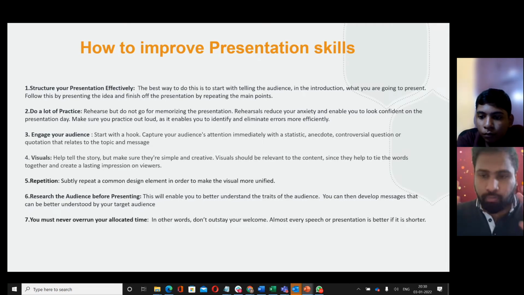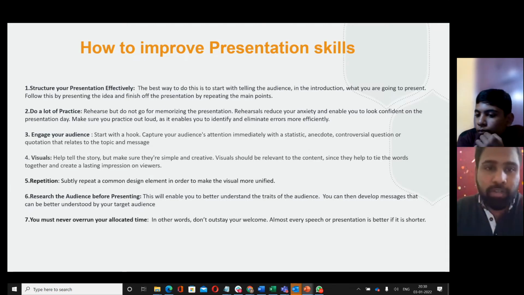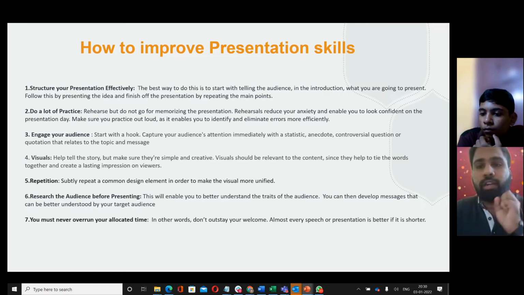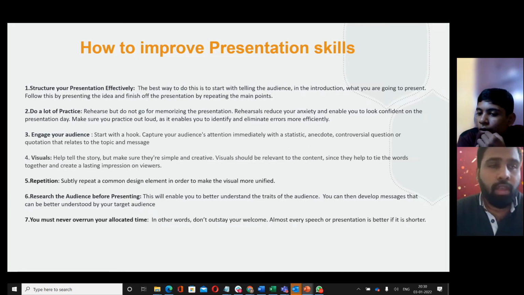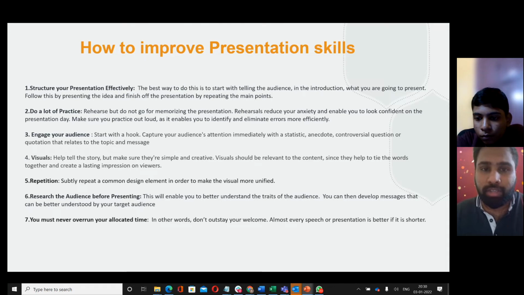That's it. So what you're saying is, at the starting point, you're telling what I wanted to talk about. I'm just giving an example, just the same first point I'm repeating. The best way to do it is to start by telling the audience in the introduction what you're going to present. Hi, my name is Anish Shankar. I would like to present a machine that I have made to stop the spread and to prevent the virus among students and teachers. That is going to be the starting.